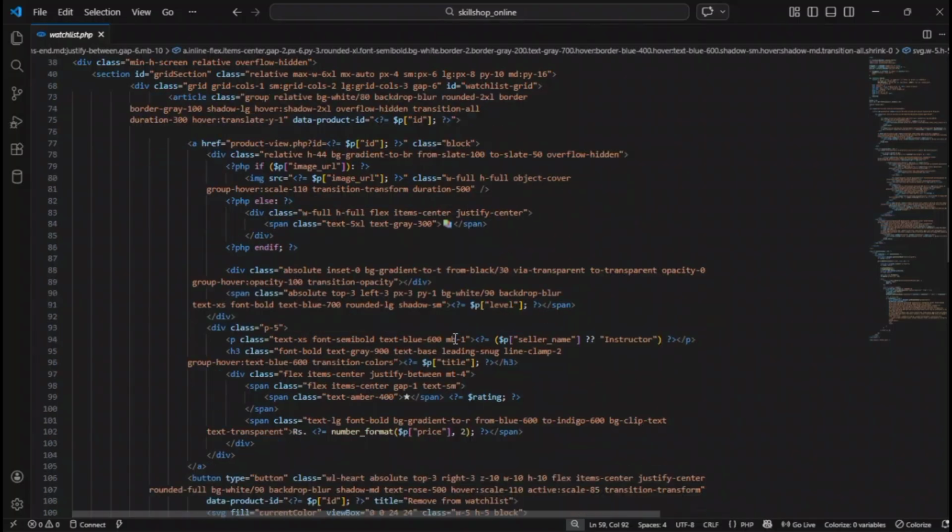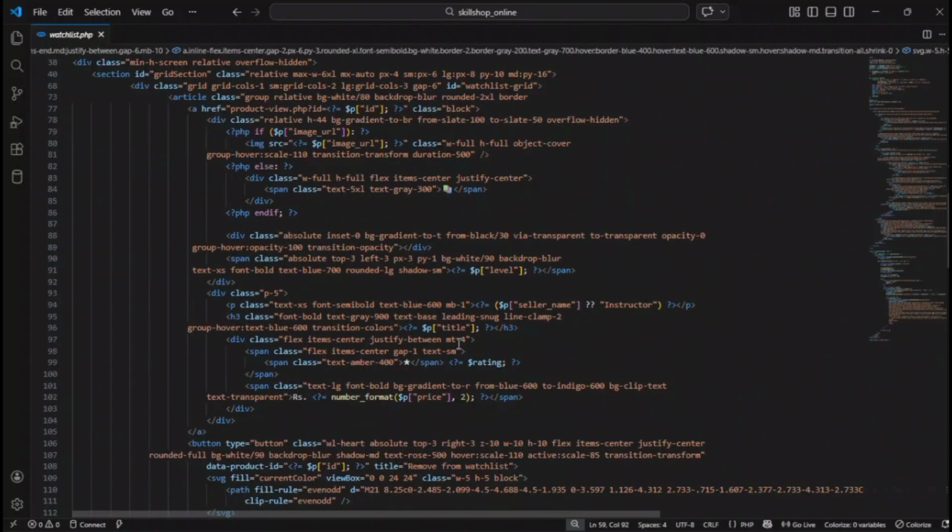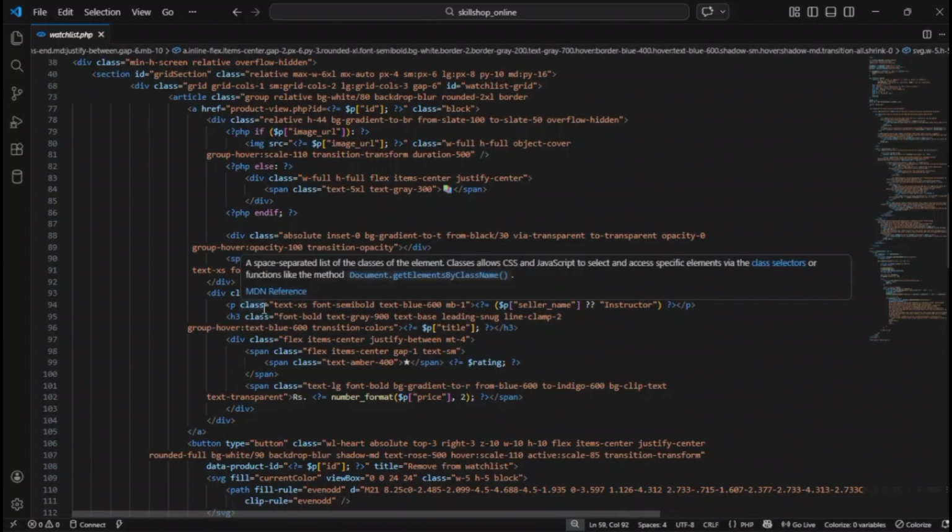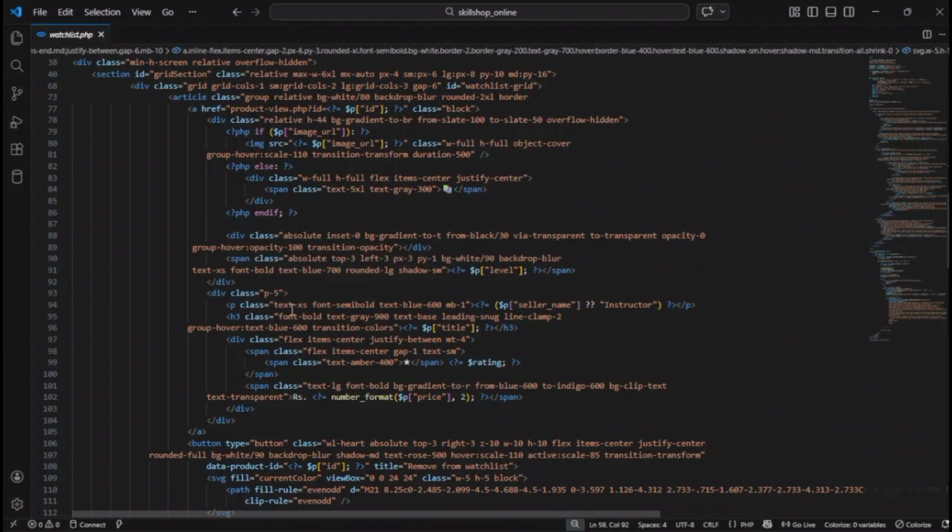Then below that, inside the card we will display the instructor's name with the paragraph class text xs, font semi-bold, text blue 600, MB1. And then with the heading we will give the class font bold, text gray 900, text base, leading snug, line clamp 2, group hover text blue 600, transition colors, and inside this we will give the title of the skill. So this line clamp 2 is a utility which ensures the long titles don't